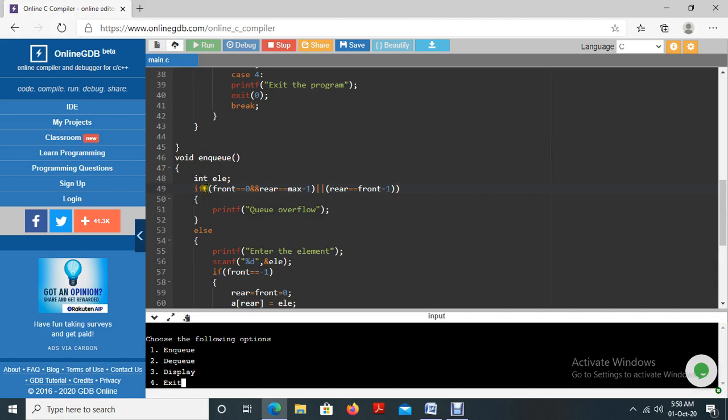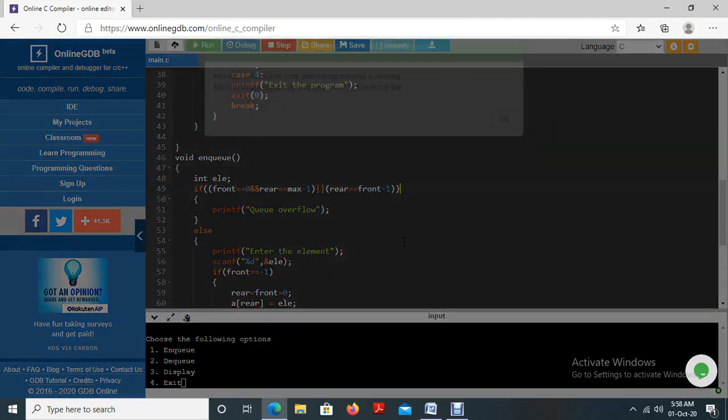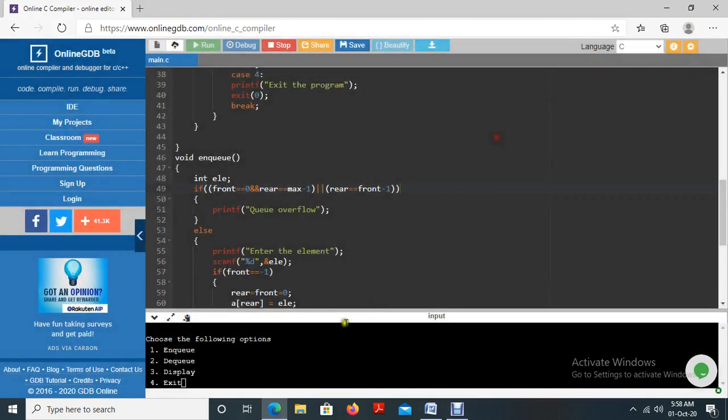Instead of mentioning this bracket, I tried to run the program, because these are the cases, no? This is the first case, this is the second case, and the first case and second case are connected with a logical operator OR. So for that also we need a bracket. Okay, that's also completed. Now the program is not showing any error, so I am going to run the program right now.